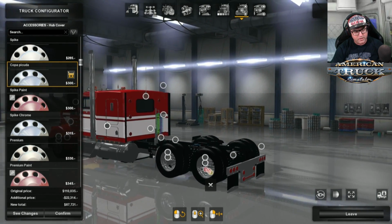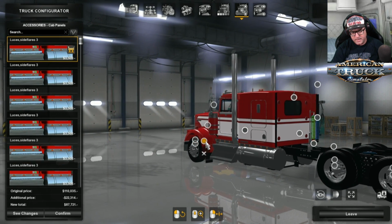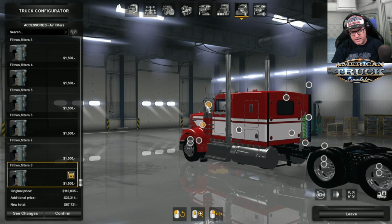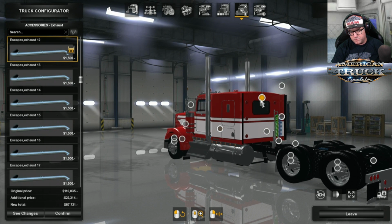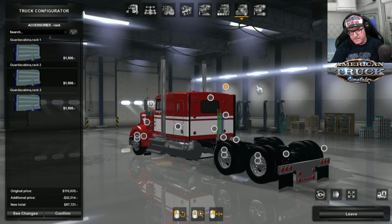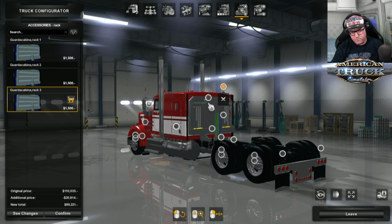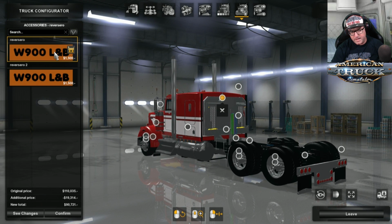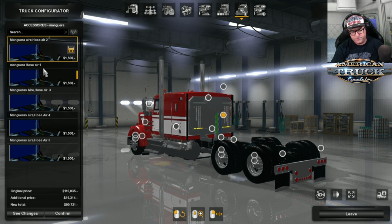Alright, we've got all the other options on the front here, which were pretty much the same as what we'd already seen. There's your tanks, there's your air cleaners, air filters, main mirrors, there's your exhaust, which we've already had a look at. That is a headache rack on the back here. So you can do whichever kind you want. I might just chuck that one on there. Then we have reversing lights, or reversing lights down low. I'm going to put them up high. What do we got there? That is